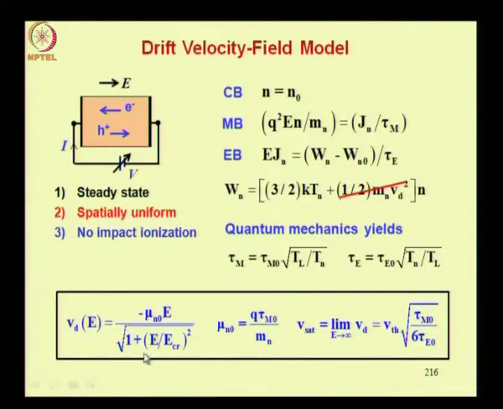And what you find is that when you take E tending to infinity, you can see that this term will be very large, and so the square root of a square term is E itself, and therefore this E will cancel with this E, and therefore you will get a saturation value. That saturation value should be shown as thermal velocity into square root of tau m0 by 6 times tau e0. Okay. So this tells you that the saturation velocity is of the order of thermal velocity.